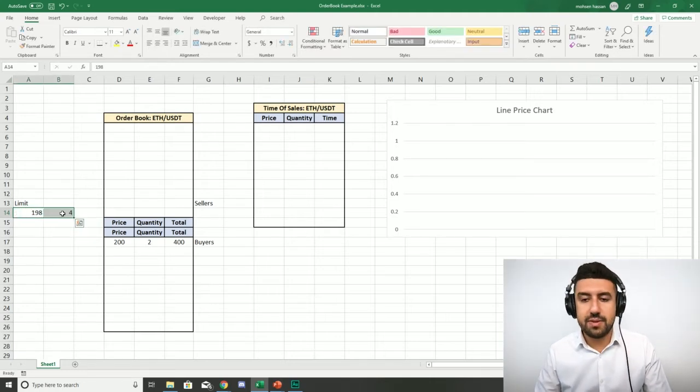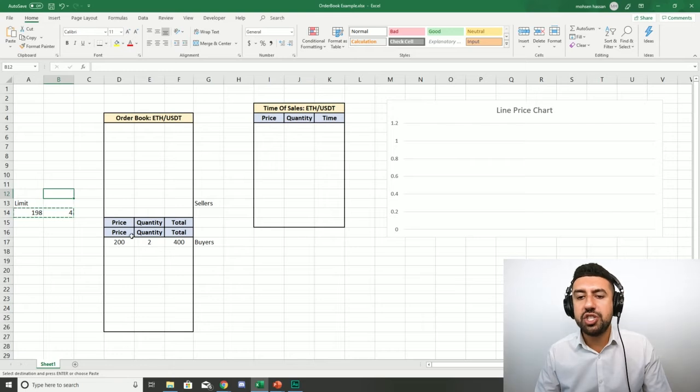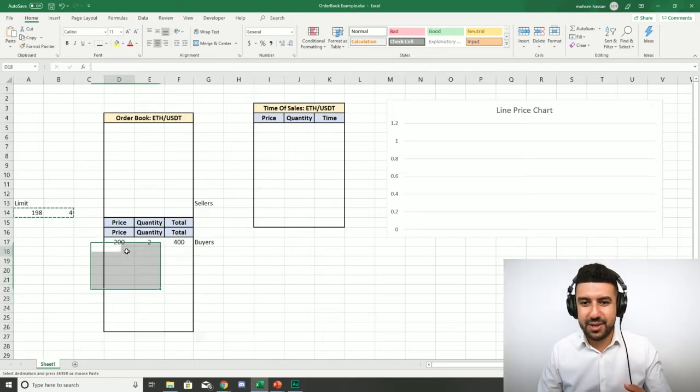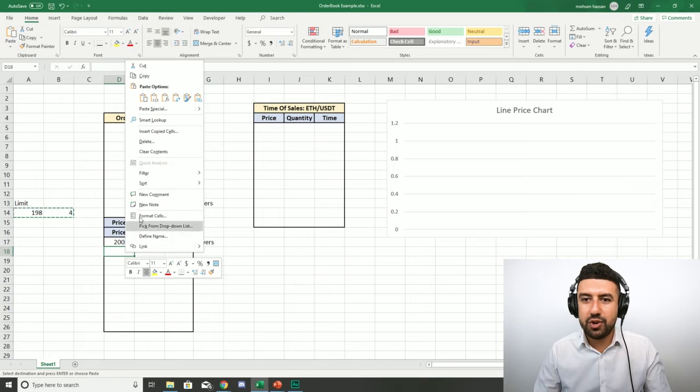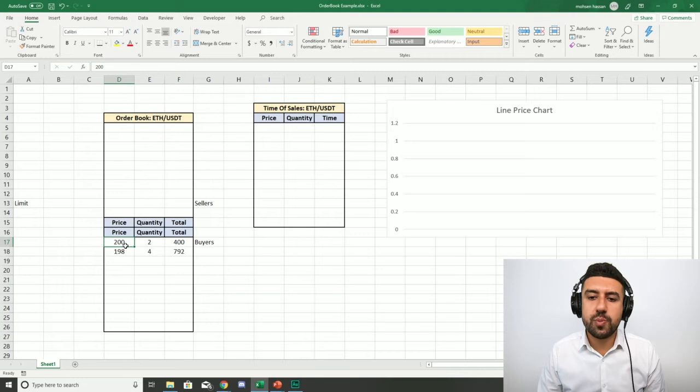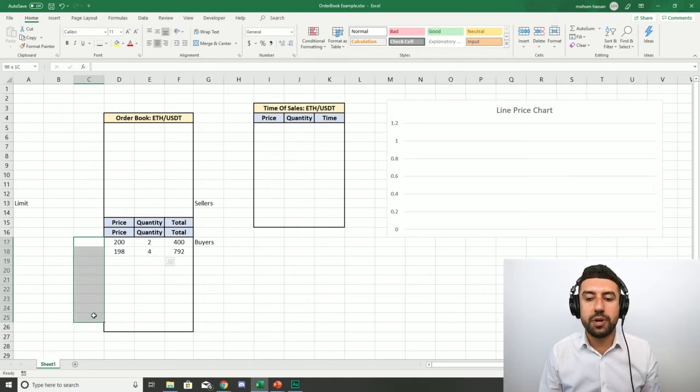Well, that person sends the order. When it goes to the exchange, the exchange is going to order all of these orders in ascending order. So they're going to put this one below it. Why? Because if somebody wants to buy at 200, he's going to have priority over somebody who wants to buy at 198. Because a seller will prefer to sell to the guy who wants to pay more than to the guy who wants to sell less. So it's going to be ordered in a set, from highest price to lowest price.